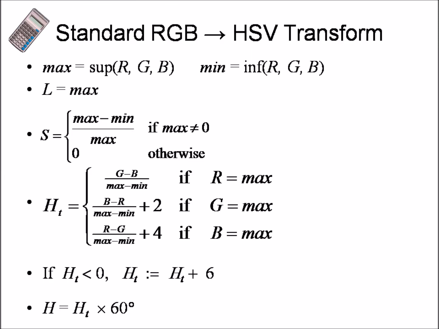So students, here are the formulas which are used to transform a standard RGB image into an HSV transform image. In these formulas, R is for red, G is for green, B is for blue, L is for light or brightness, S is for saturation, and H is for hue. So if you have values of R, G and B and also the value of the angle hue, you can easily convert your standard RGB image into an HSV transform image. Most importantly, you need to follow the given threshold respectively for hue, light and saturation.